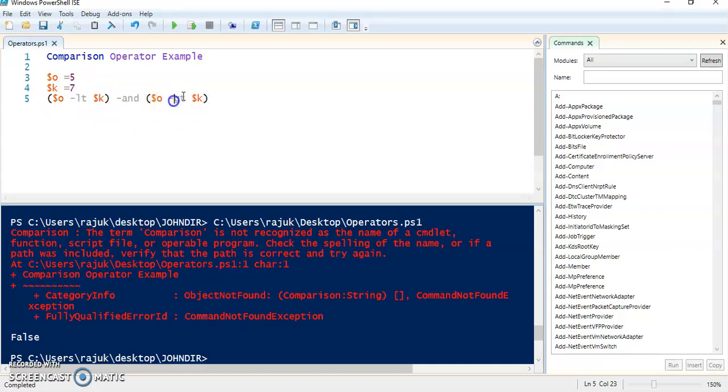If we write here as we have written, this is not equal, and both conditions are the same, so it will show true.